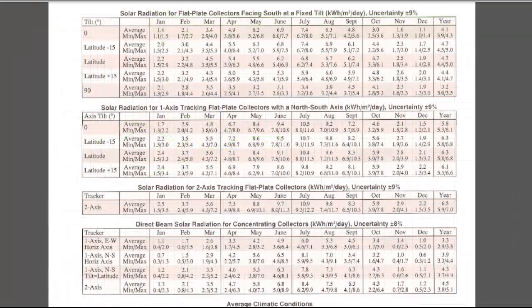Returning to our datasheet, we realized that a dual-axis tracker located on the grounds of the Eastern Oregon Correctional Institution in Pendleton, Oregon, would experience an average of 6.5 hours of peak sun every day. Given an array size of, let's say, 2.75 kilowatts, we could easily determine the average daily output for this array. Given the datasheet also includes monthly averages, one can specifically target a given month to see expected daily output for that month. The same array would generate